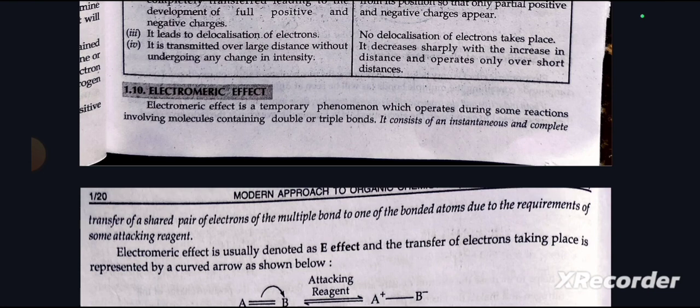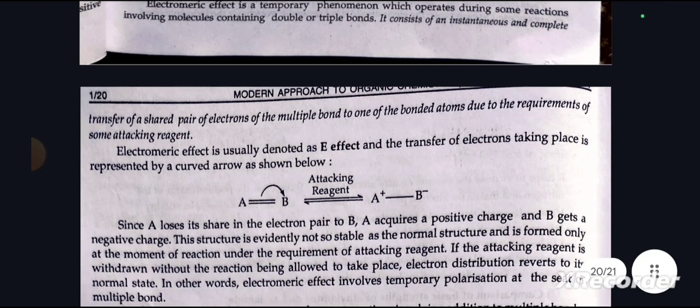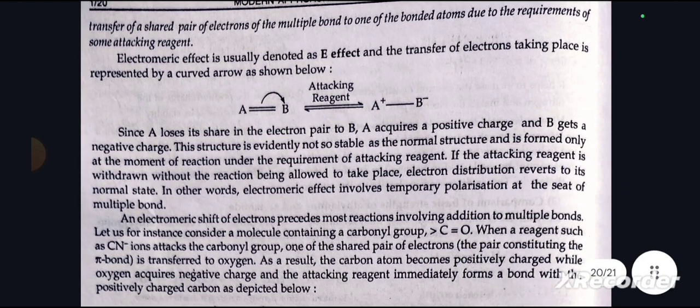1.10 Electromeric effect. The electromeric effect is a temporary phenomenon which operates during some reactions involving molecules containing double or triple bonds. It consists of an instantaneous and complete transfer of a shared pair of electrons of the multiple bond to one of the bonded atoms due to the requirements of some attacking reagents. The electromeric effect is usually denoted as the E effect, and the transfer of electrons is represented by a curved